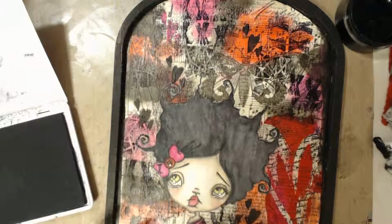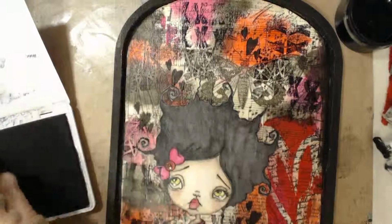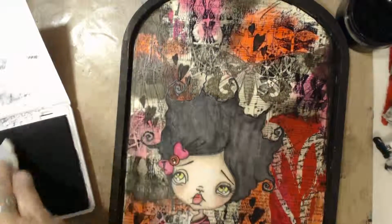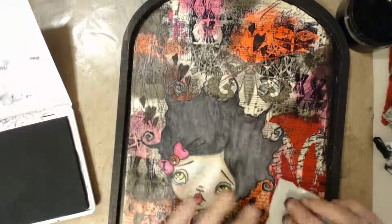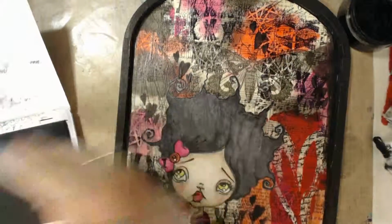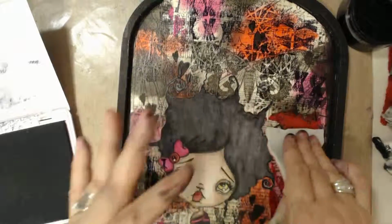And just coming in where it's a little bare. And don't forget to turn your stamps different ways, because then it gives it more character. And then I'm just going to add a little bit close to her hair. There's a little bald. It's what I call empty space, is bald. Okay,